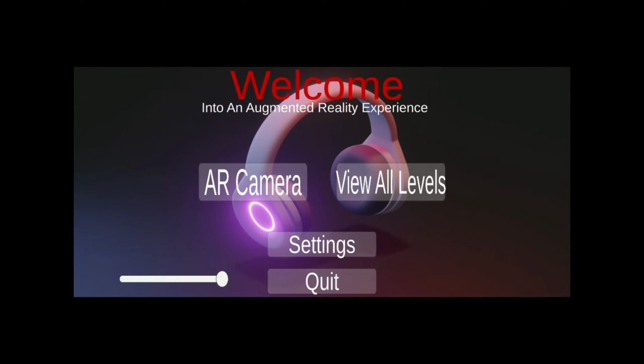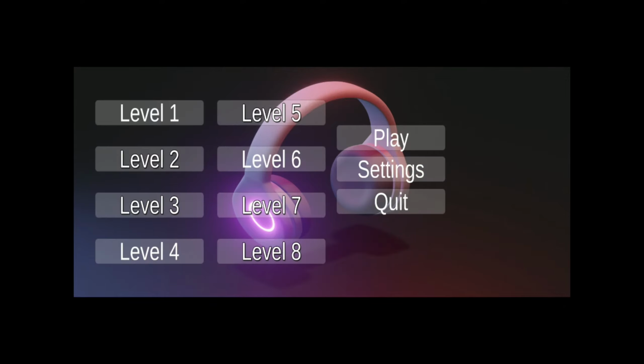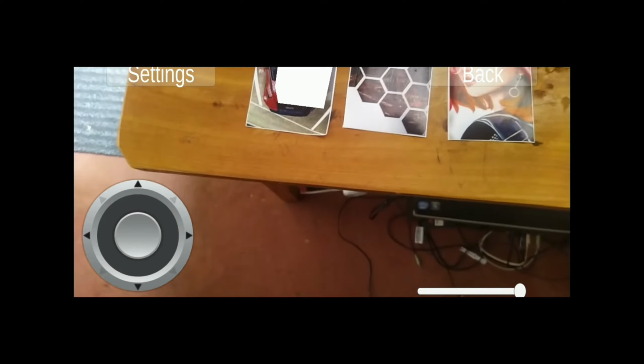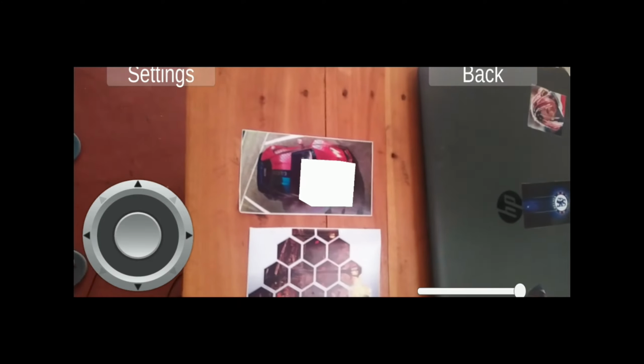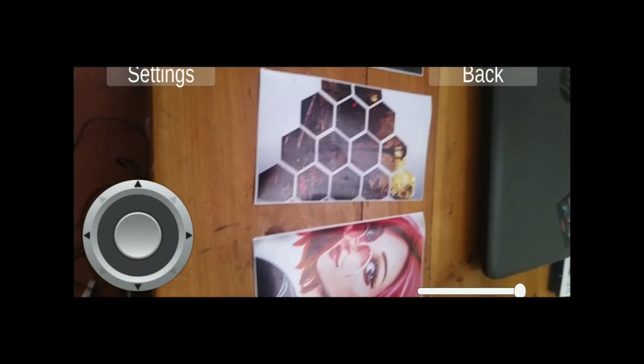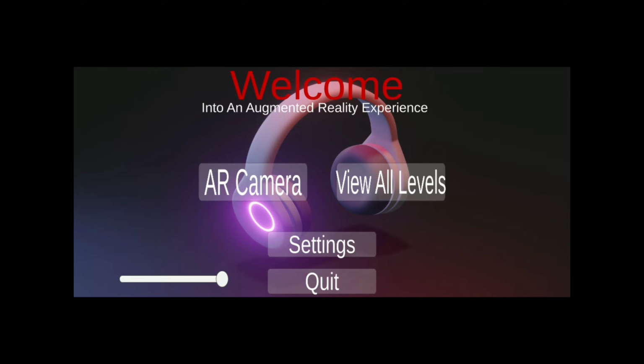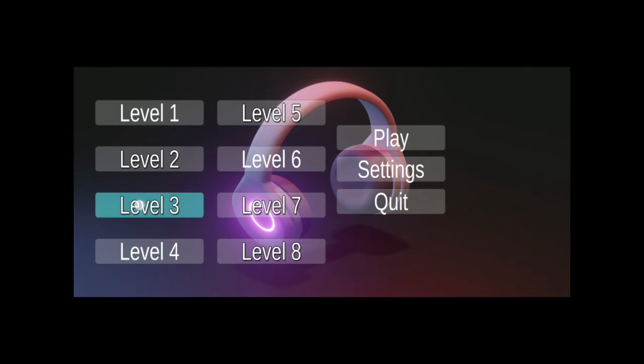The second level is supposed to show the cube with another canvas on it. In a future update, I'll show the cube rotating. You see it is reactive. Target lost. The third level is supposed to show the following. As you can see, I replaced the canvas on the cube